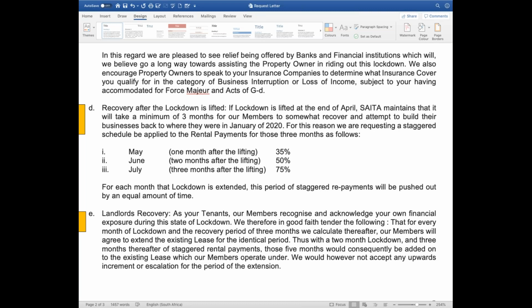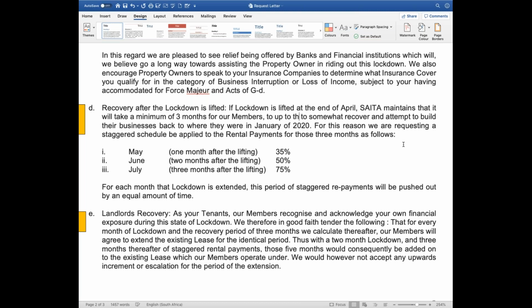Well, for me, if they come back and we start trading again, say 1st of May, and the government says there is a restriction, then those restrictions need to be taken into account, and the recovery period has to be extended further. So instead of a 3-month recovery period for us with a liquor license, we're looking at essentially a 6-month period, because they will restrict the number of people you can have in a venue, and that's going to have a huge impact. As long as they have that, I'm only utilizing half of my venue or a third of my venue.